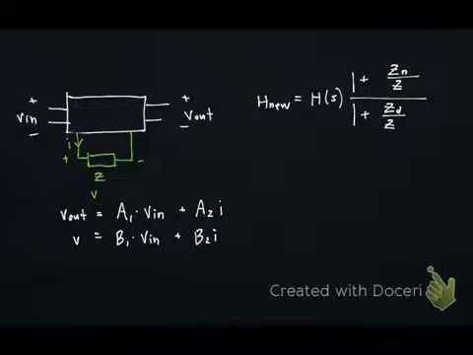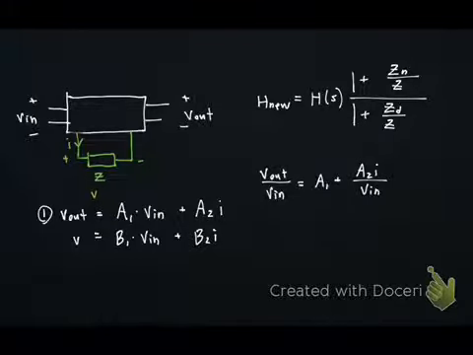So okay, so what are we ultimately trying to do? Well, we're trying to solve for V out over Vin, right? And we're trying to solve for V out over Vin with our new system of equations. So if we divide this first equation, if we divide the whole thing by Vin, we get that it's equal to A1 plus A2 I over Vin. You're like, oh, okay, great, there's a Vin on the bottom, but we've got another one here,